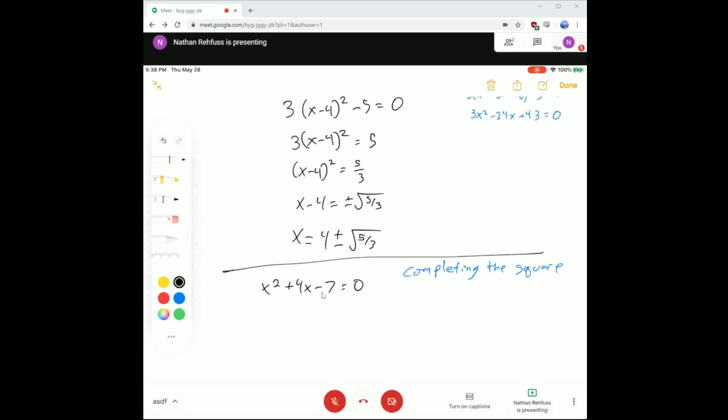What two numbers multiply to -7 and add up to 4? I challenge you to think of them. I know I can't. I even have them written on my page here. It's -2 plus root 11 and -2 minus root 11. I would not come up with those, and neither should you. So instead, what I'm going to say is,